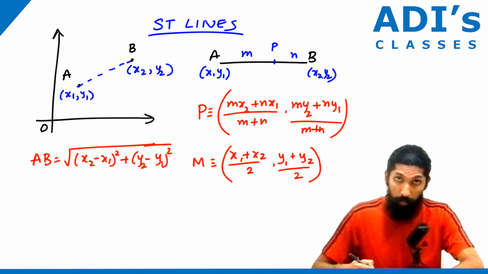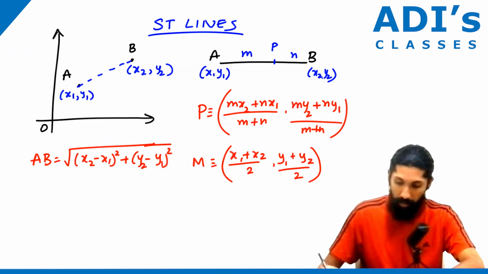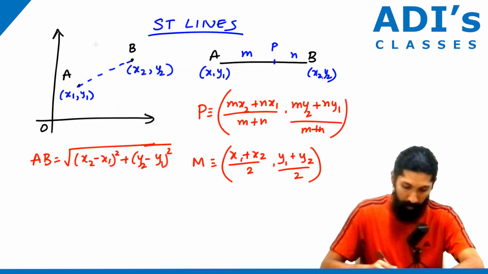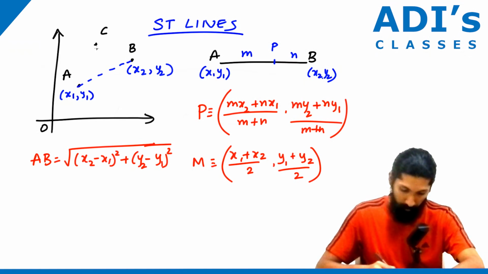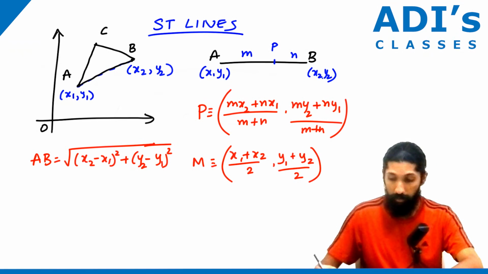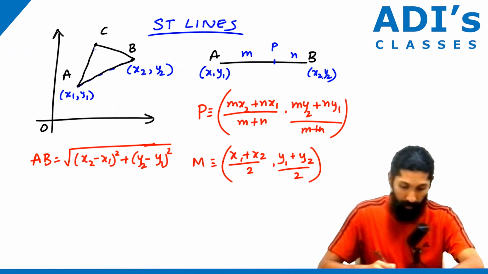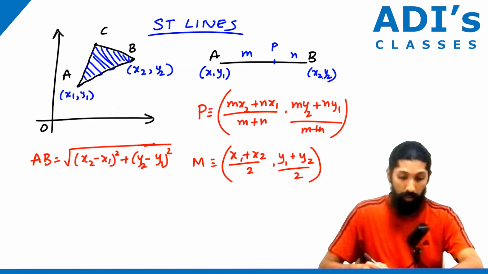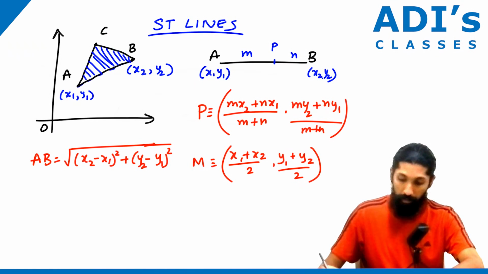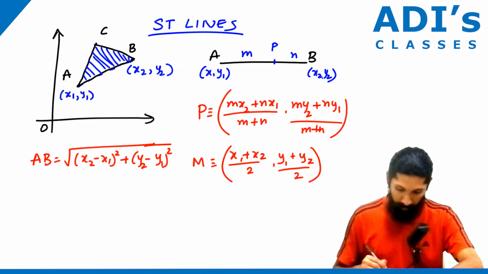Now, there is one more concept, which is the area of the triangle. That means here, suppose say we are looking at, see you have AB. Suppose say you have a point C here itself. And we are going to join this, and we are going to make this into a triangle. This is the triangle. ABC is the triangle. Now here C will have a coordinate of x3, y3. Then area of the triangle. So we can write area